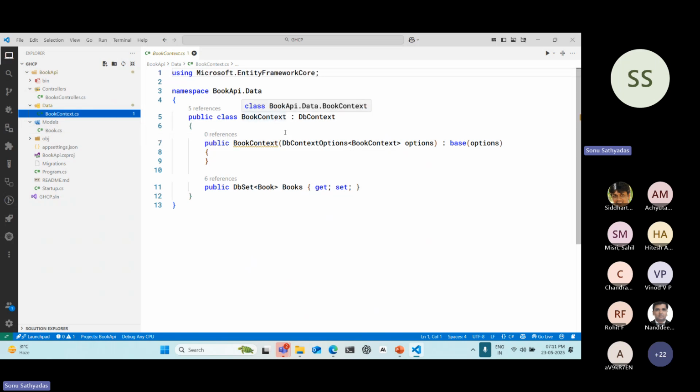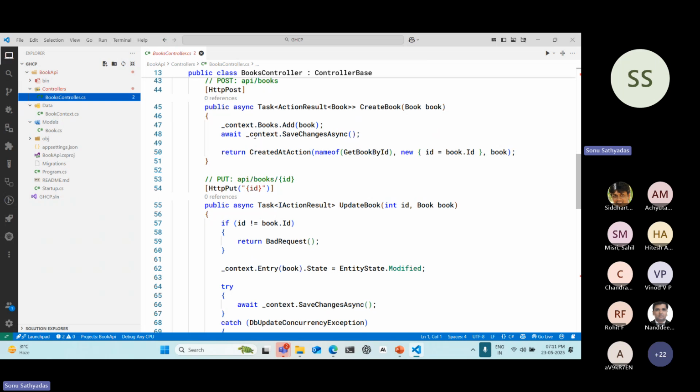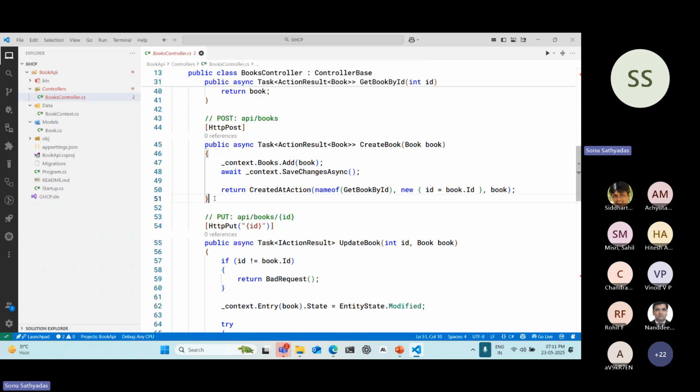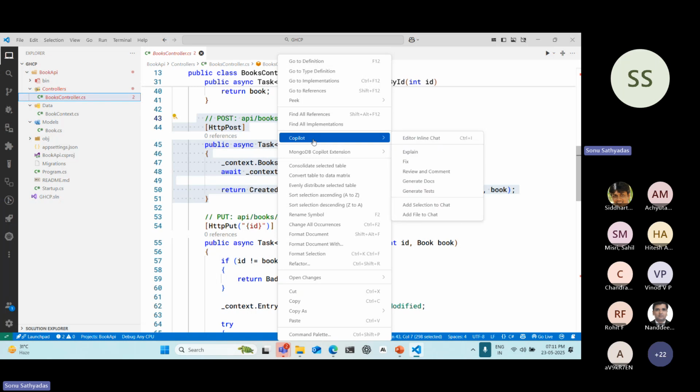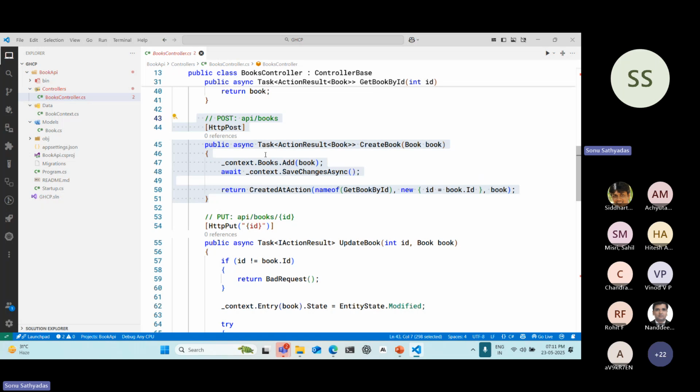But obviously, you will be able to use the quick actions or smart actions. Maybe if you right click, you will be able to see this Copilot, where you will get options like explain this code, fix the code, review and comment, or generate the code and generate tests. Suppose you feel that I have almost finished the project and I want to check whether this code is following all the best practices or not, you can simply ask